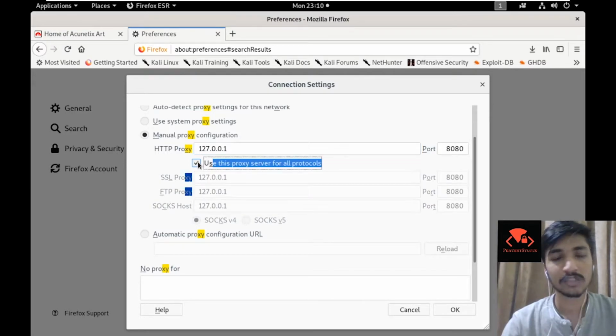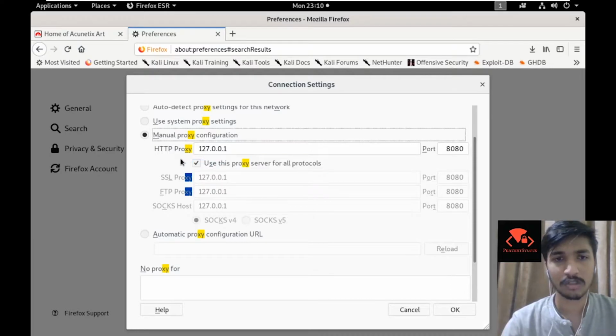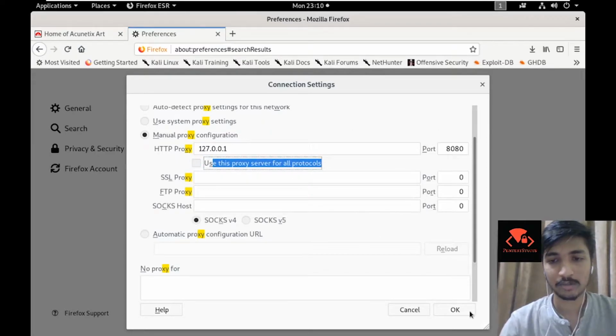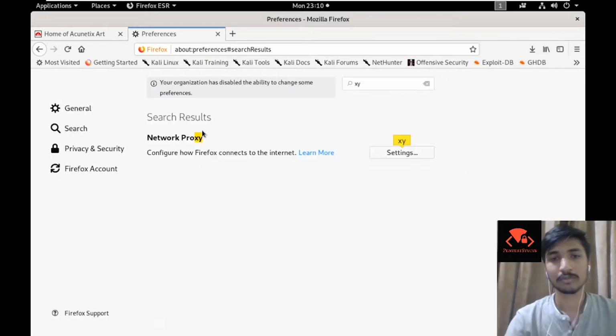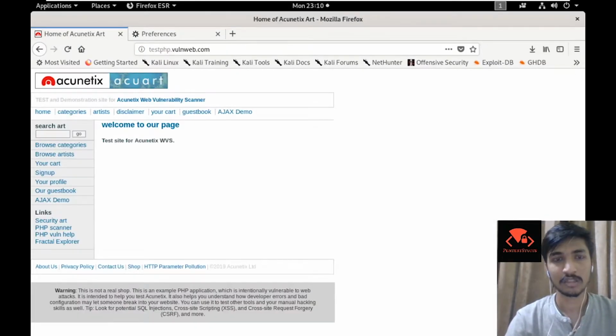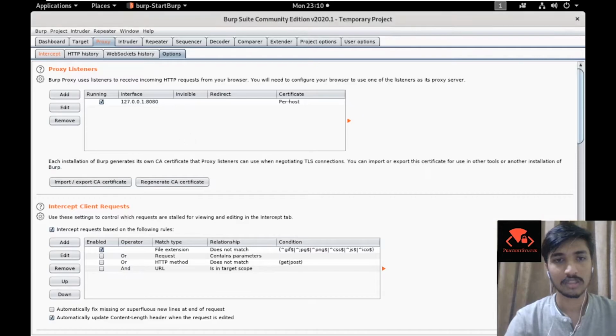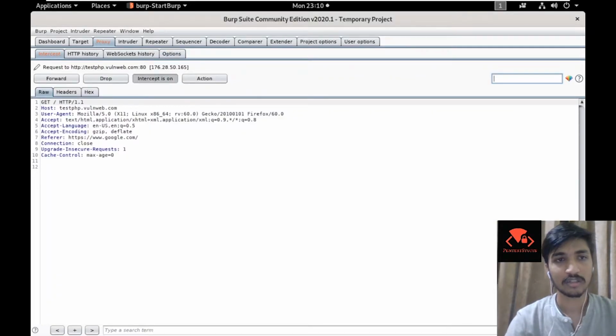It works for some sites, it does not work for certain sites. So please make sure what works for you or the target you are trying to gather information on or trying to attack. So I'm unchecking this. So I just set up the proxy and now I'm trying to reload it, and you can see we have our first intercept right here. So here is the request which our host php.wallenhub sent.